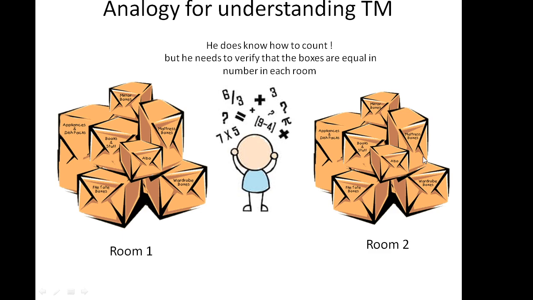Okay, so that person doesn't know how to count. So what he will do is pull out one box from here and one box from here and keep them aside. So there's one pair, so he knows right now it is equal. In another step he'll push one over here, push one over here, till all the boxes get empty. This is one way, but it requires too much physical work. Every time he has to pick up and place boxes in one place to see whether he's getting a pair or not. But he doesn't want to do so much physical work, so he uses his brain.